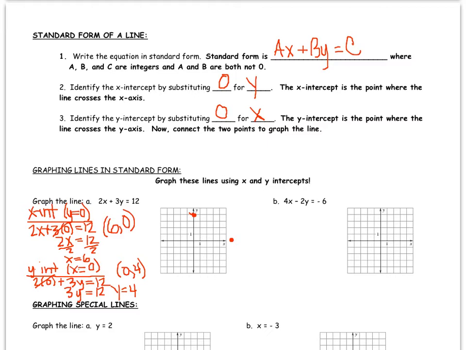And then you just draw the line through those 2 points, and there's your graph. It's that easy. So let's find the x and y intercept for b here. So again,